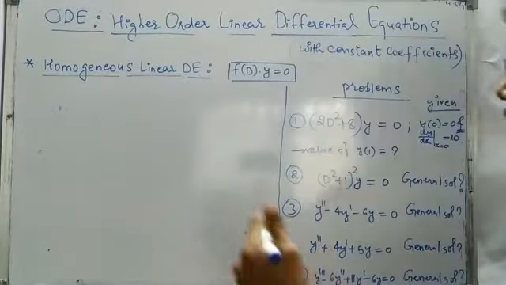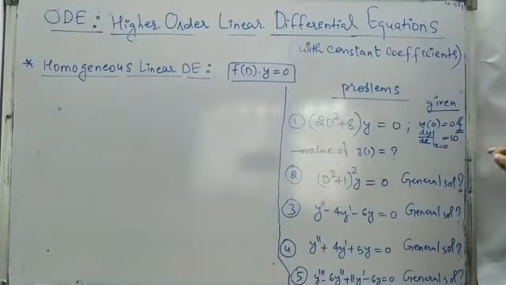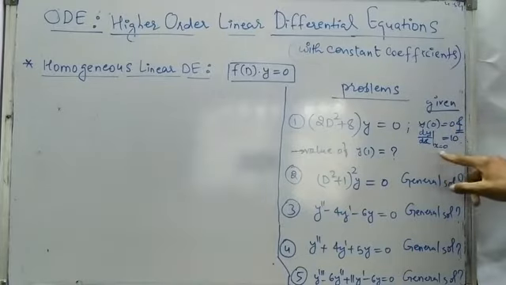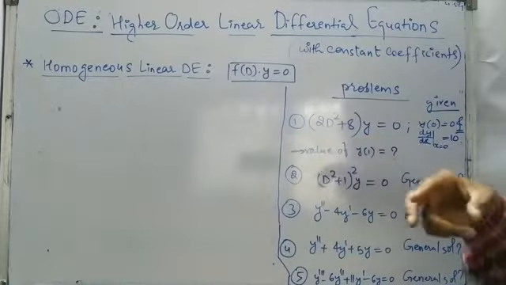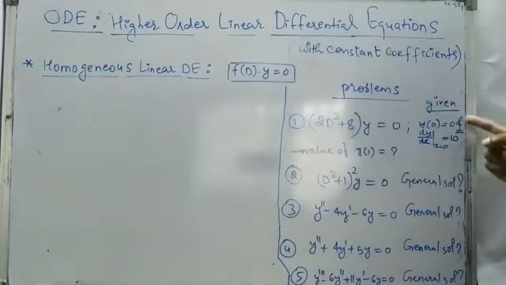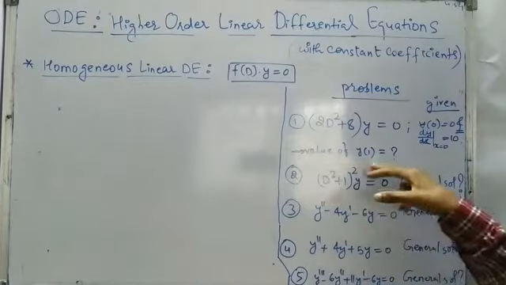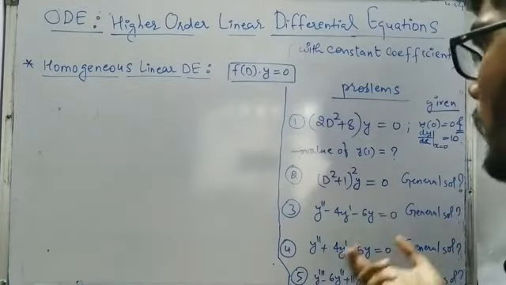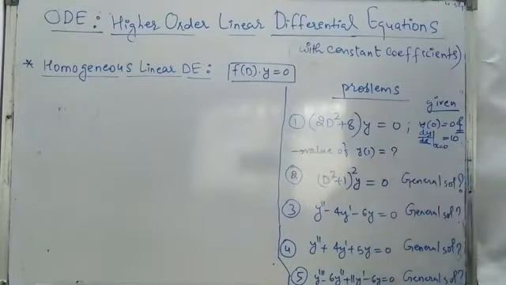And the first problem is 2d square plus 8 into y is equal to 0, and the given condition is at x equal to 0 the y is going to be 0, and at x equal to 0 the dy by dx is equal to 10, because this is of order 2, right? And in the case of order 2 we are going to get two roots, means two arbitrary constants c1 and c2. So we must have two equations to get those c1 and c2, then only we will be able to tell the value for some particular point if it is asked. So the value of y at x equal to 1 is being asked.